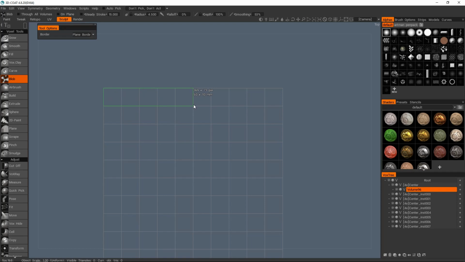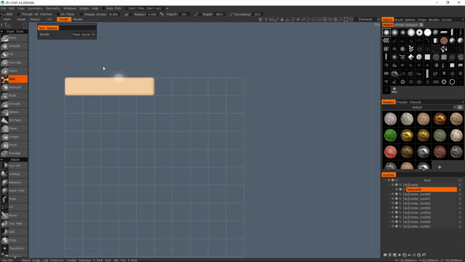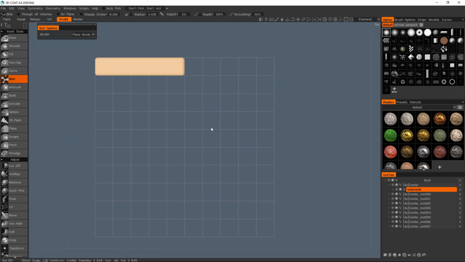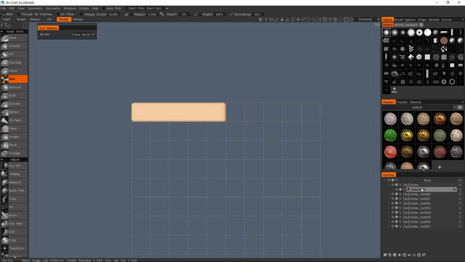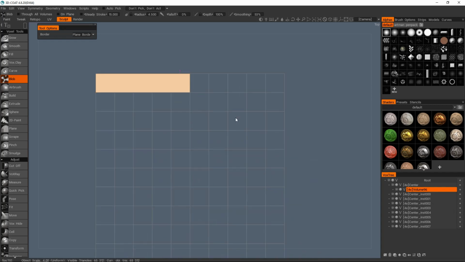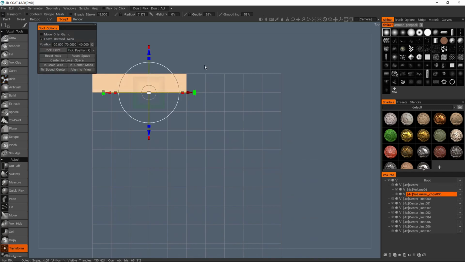I'll do a basic sort of, yeah, this should be fine for now. And of course, because this is a new layer, it doesn't have our subdivisions, so it's res plus again. So we'll do that,